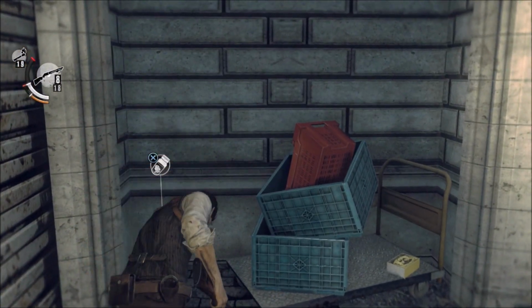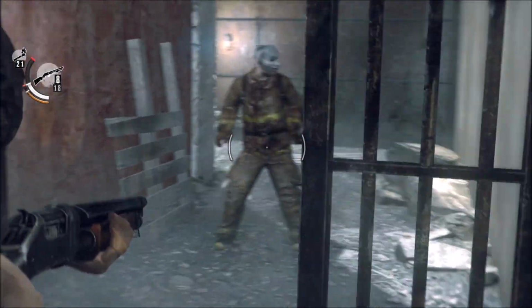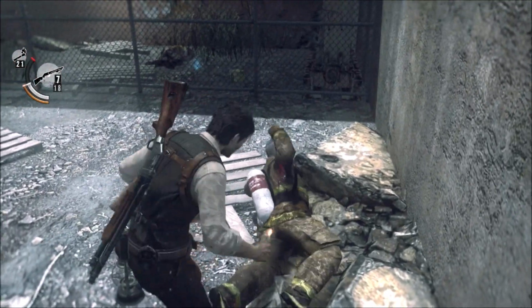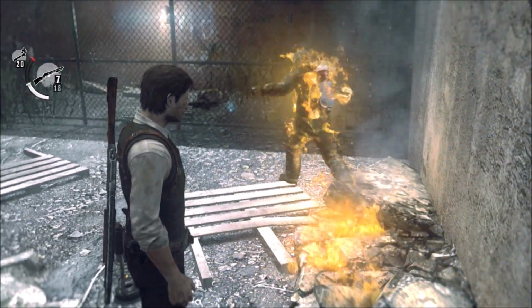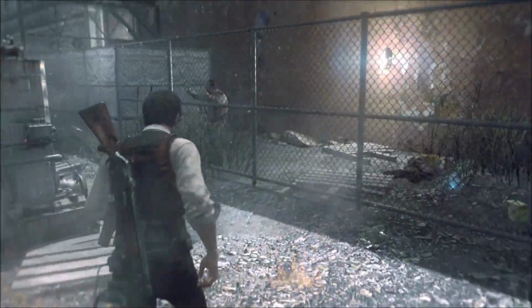Alright, and welcome back to my Evil Within Akumu difficulty guided walkthrough. And we're in chapter 11, which is arguably the hardest chapter in the entire game. It's also a very long chapter. So for the sake of brevity, I will not include the swimming sections and the part where you rescue Kidman,